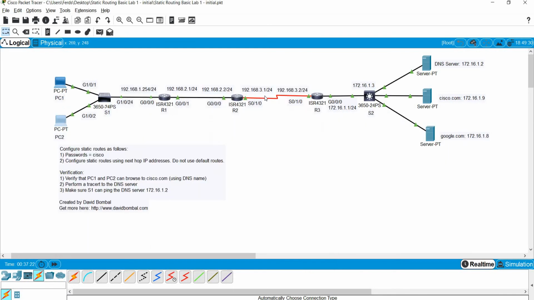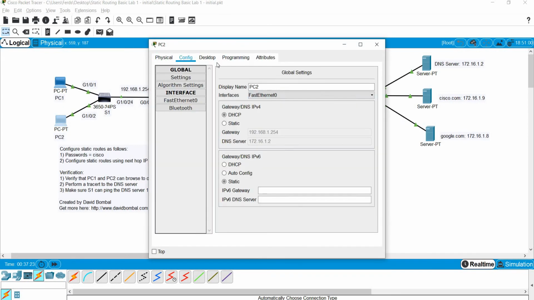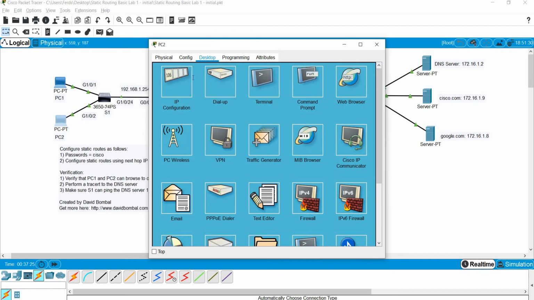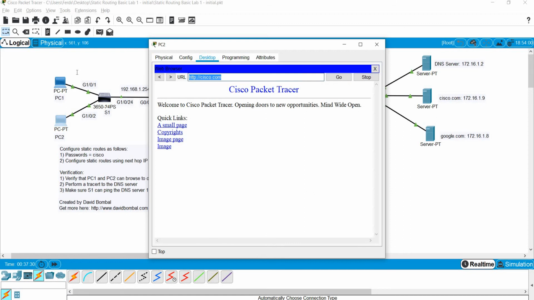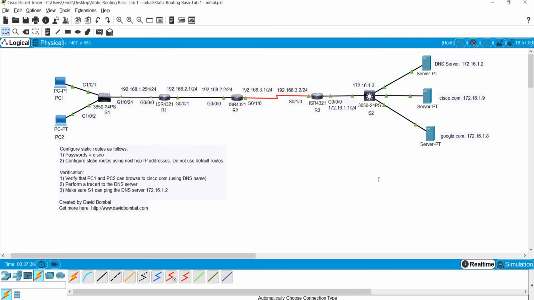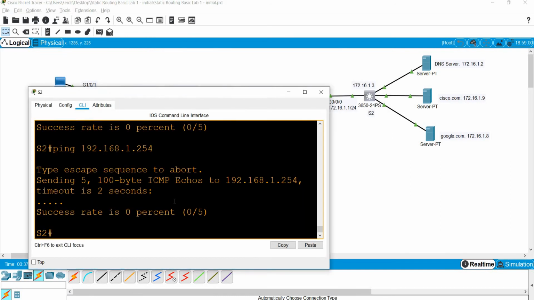Actually, let me go to PC2 as well. Yeah, that works. And Google, that works as well. Okay, so going back here,